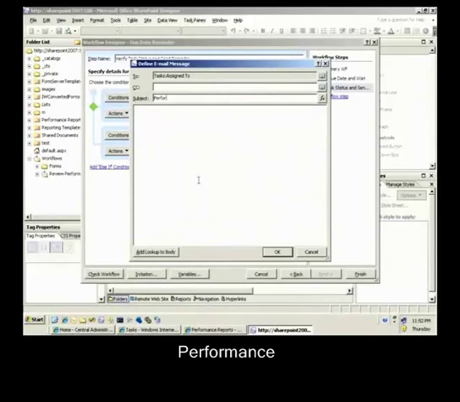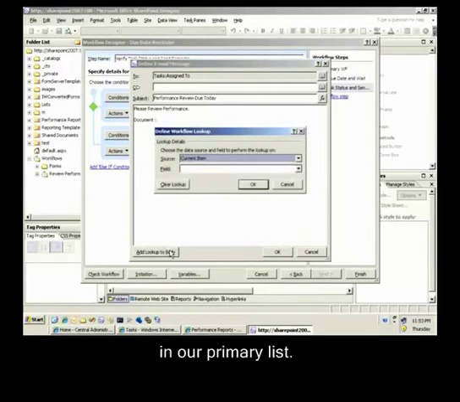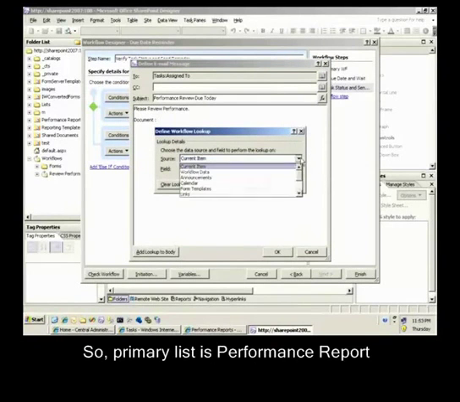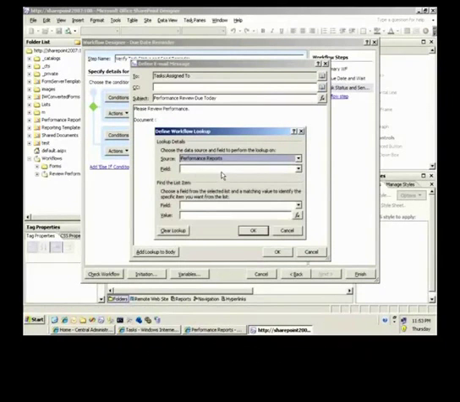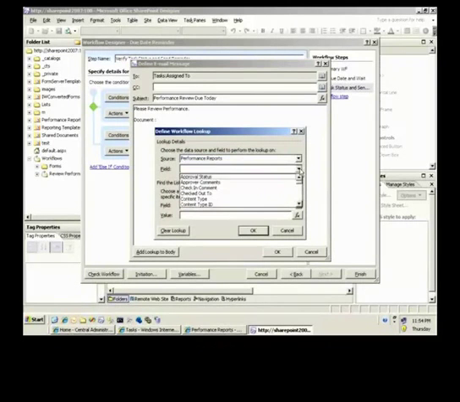So subject is performance review due today, and you can put any meaningful message over here. So I say please review performance. Now we need to add a title over here, the title of the actual document in our primary list. So the primary list is performance reports. So from the performance reports, which is another list than the task list, we need to pick the title